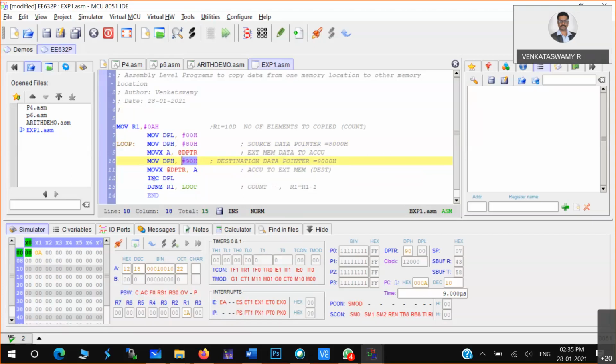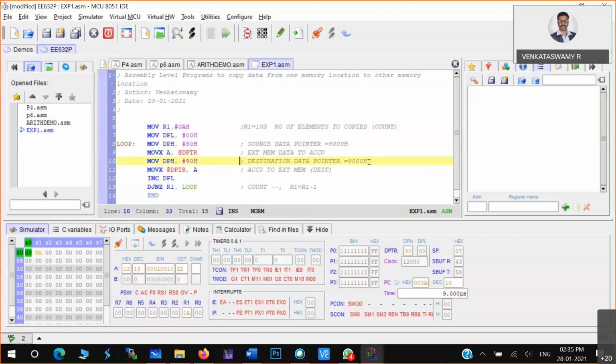When you run this program, 8000 memory content will move to 9000 memory location. How many count? 10 elements, 0A count. You understood? This is what you have to understand in this program.